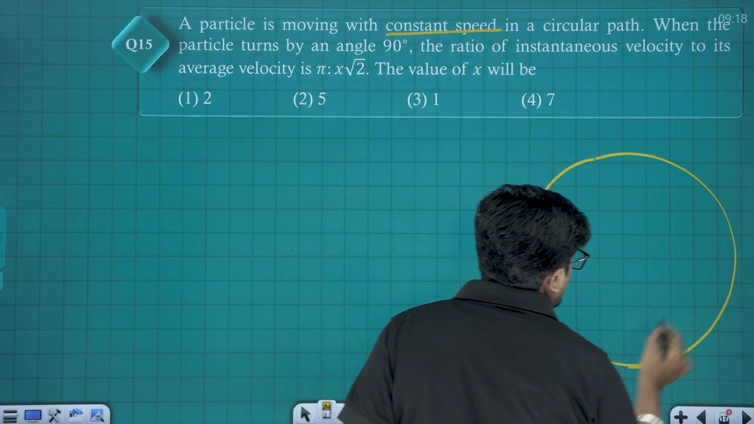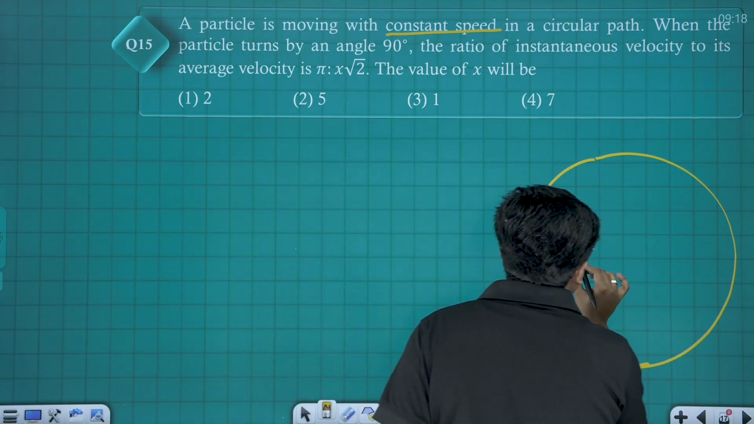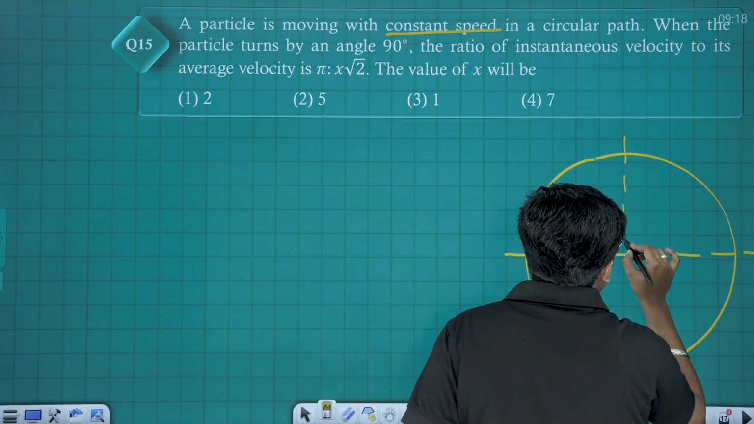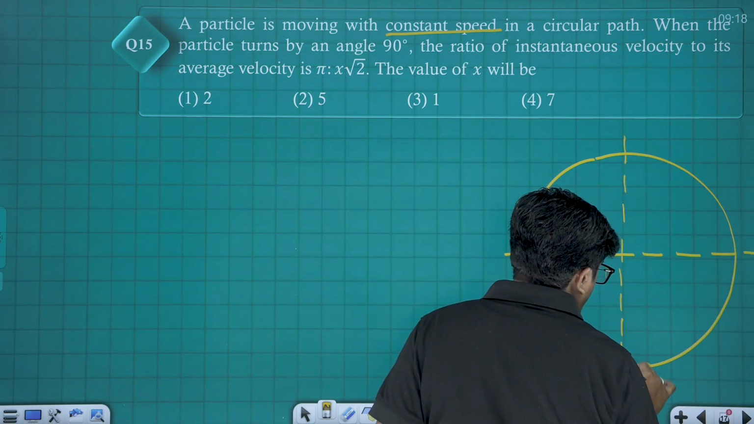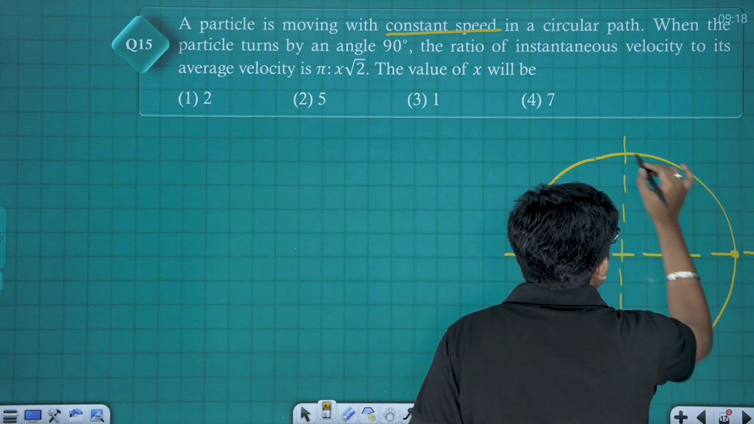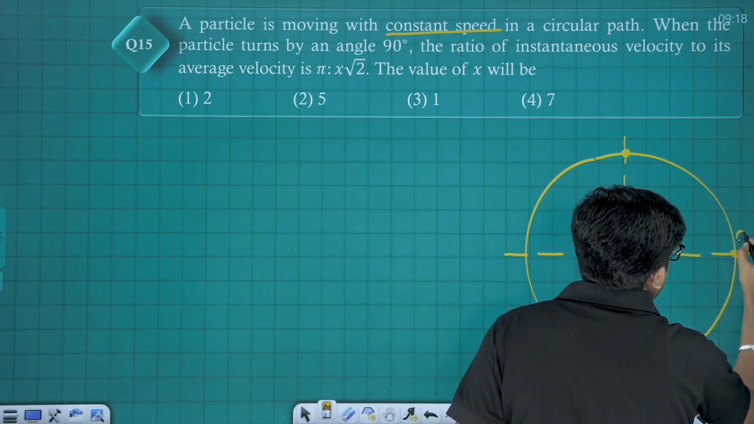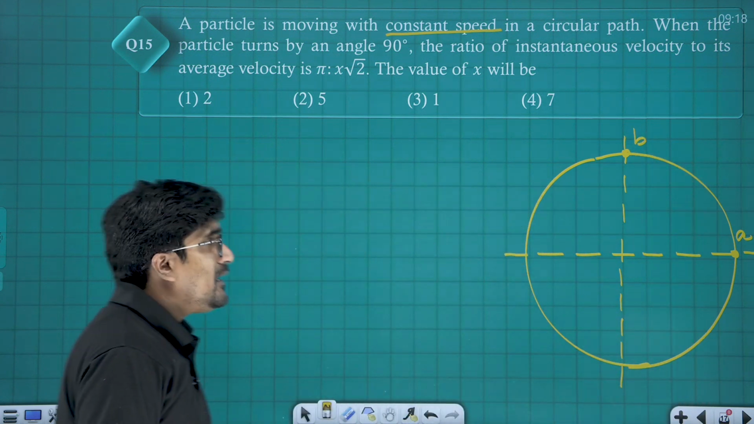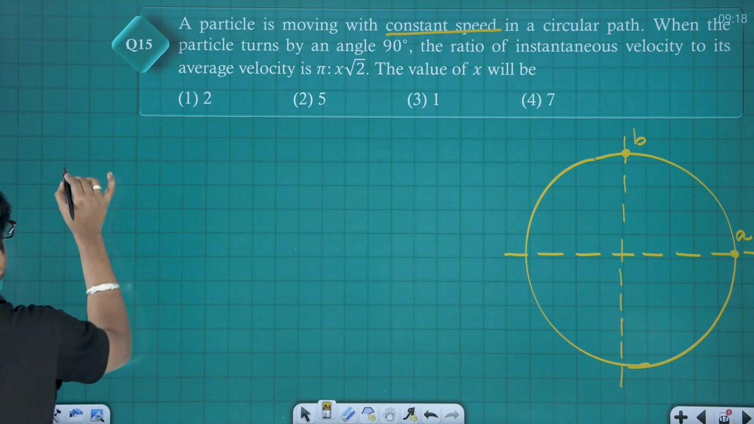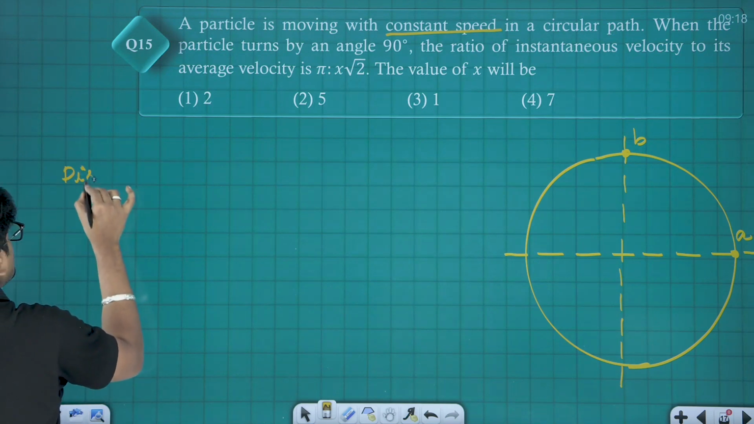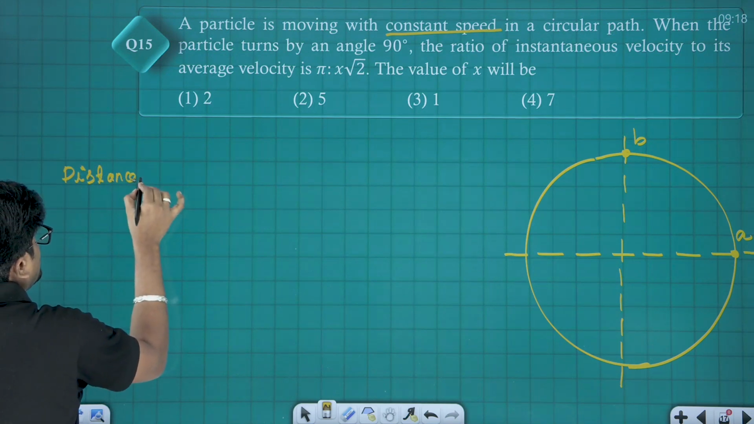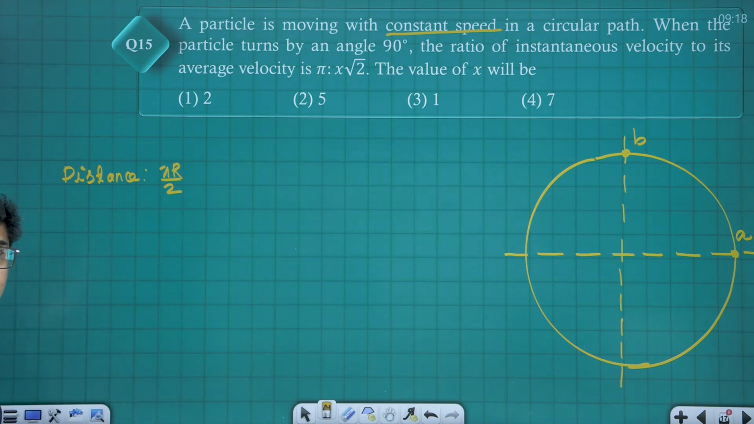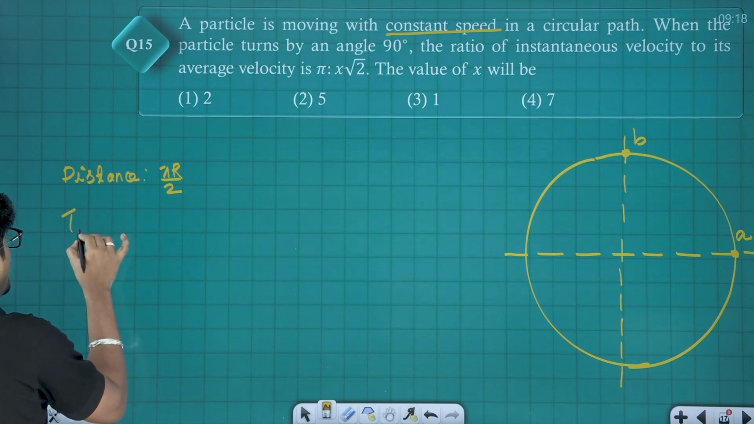Let this be the circular path in which the body is moving. Let this be the horizontal, and let this be the vertical, and let me consider the motion from here to here, like from small letter A to small letter B. Here the distance traveled is pi r by 2, and let the time taken